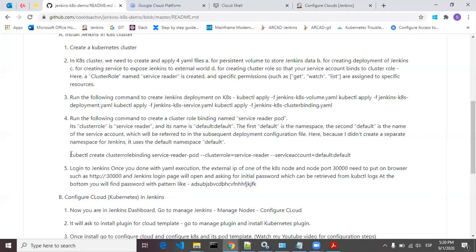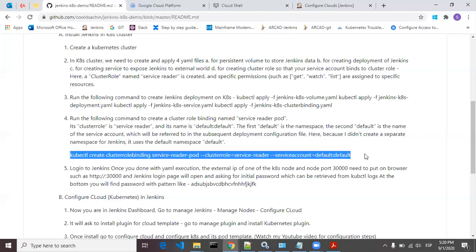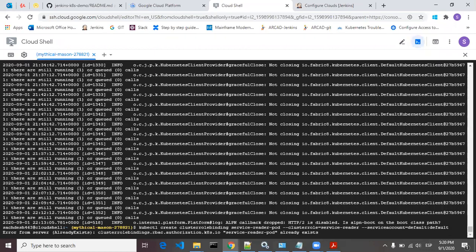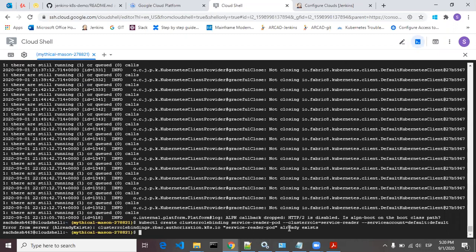So you just have to copy this command and paste it here and press enter. It will say it already exists because I have created it already, but this step you have to do. Okay, let's move ahead.